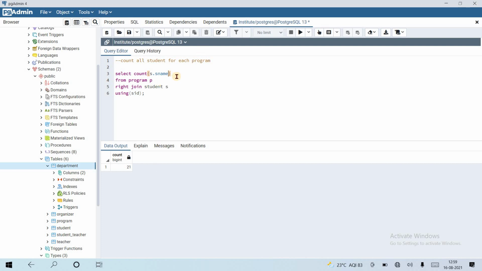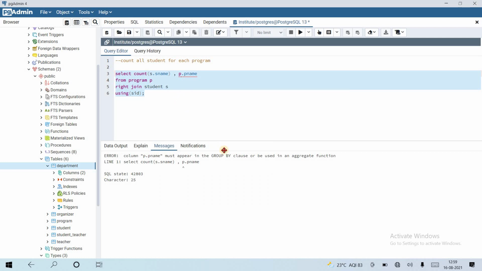So we can arrange according to the program name also. So p dot p name, but here one error occurs. Let's see what that is. We need to use this pname either in an aggregate, or in the group by clause.